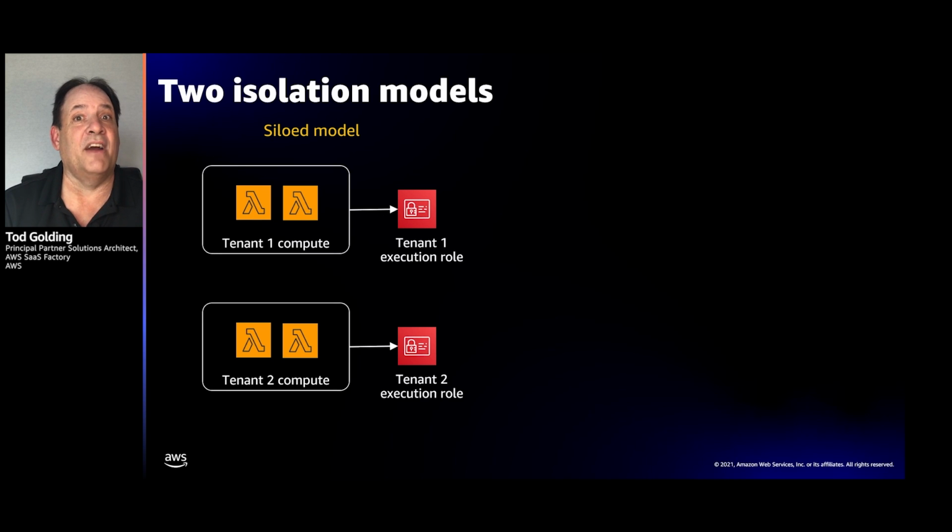So for the siloed environments, at deployment time, we will attach an IAM policy. So here you'll see I've got a tenant 1 execution role attached to these tenant 1 Lambda functions, and I have a tenant 2 execution role attached to these tenant 2 Lambda functions. And this all happens at deployment time. So here now, when I attach the policy at deployment time, that policy will say, for the life of this function, it can only access the resources allowed by that execution role. It's a super powerful isolation scheme because now it can only access resources that are valid for that particular tenant.